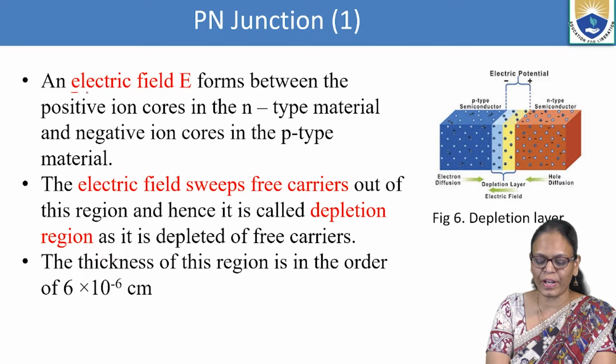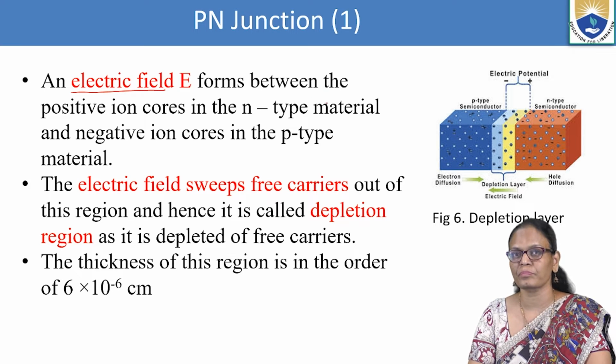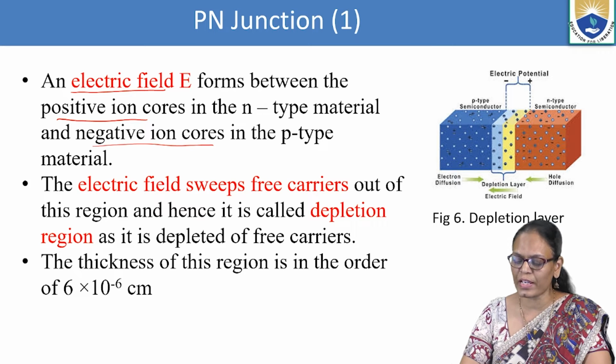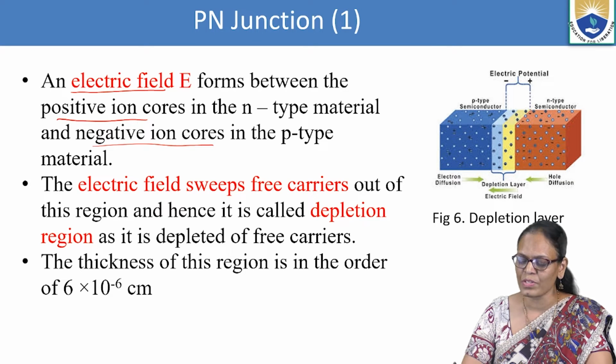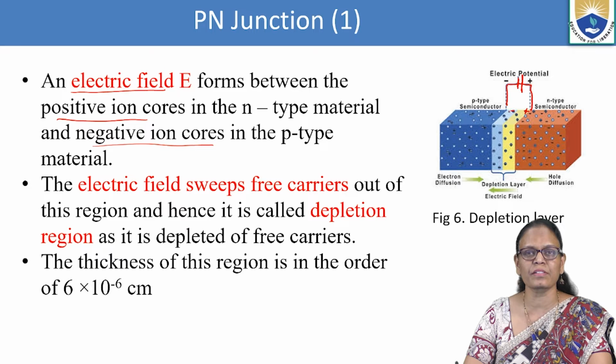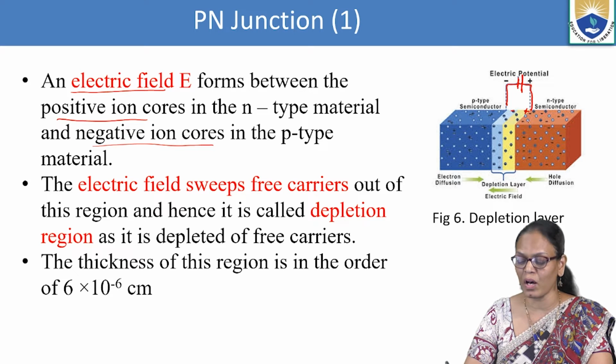An electric field is formed between the positive ion cores and the negative ion cores. Whenever there is a separation of charges, we know. So here on the N side, we have the positive ion cores, and on the P side, we have the negative ion cores. So there is an electric field that is developed. We are denoting it like this. This is positive and this is negative. There is an electric field that is developed because of these immobile ions that are deposited on either side of